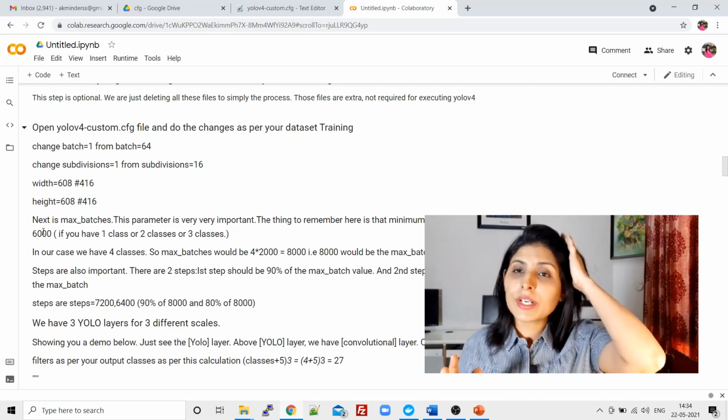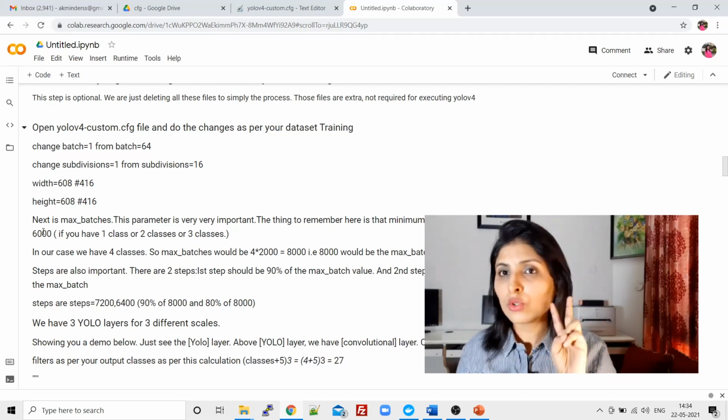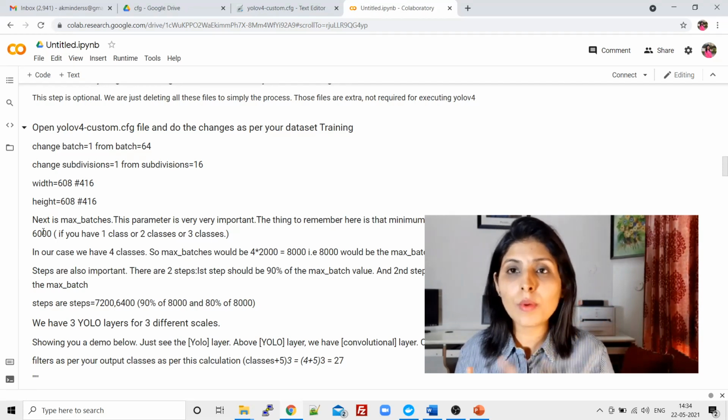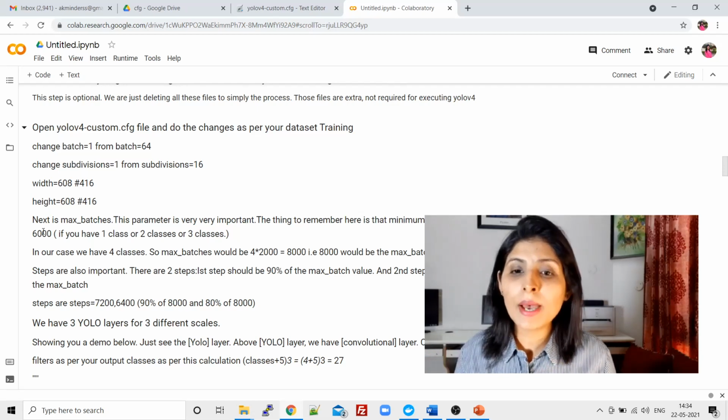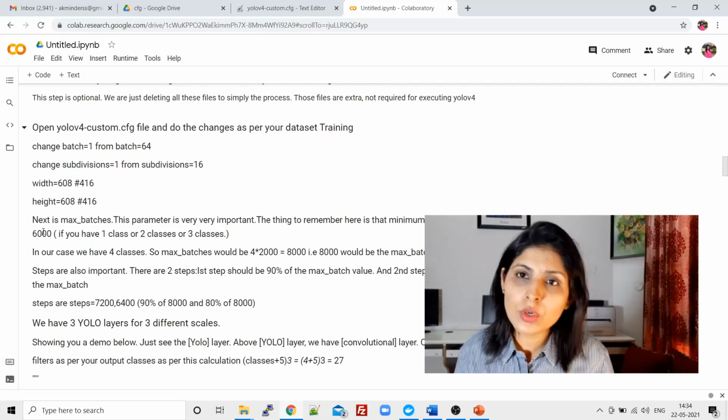Let's suppose in your data set you have laptop and phone classes. So you have 2 classes where you want to perform object detection. Then what would be the max batches? 6,000, because you have 2 classes only.